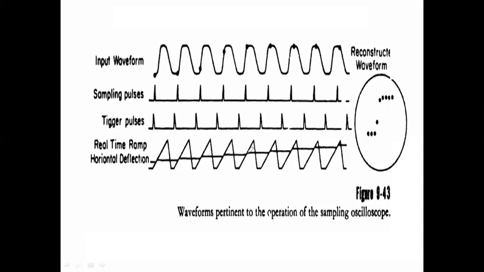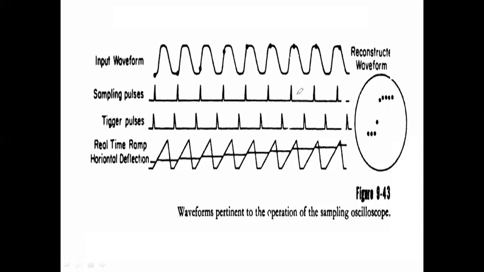At the moment the ramp signal is generating, at the equal point it will produce the sampling pulse. When this sampling pulse is generated, it will recognize the input voltage. Like that we can produce the samples from the input signal, and those signals will be sent to